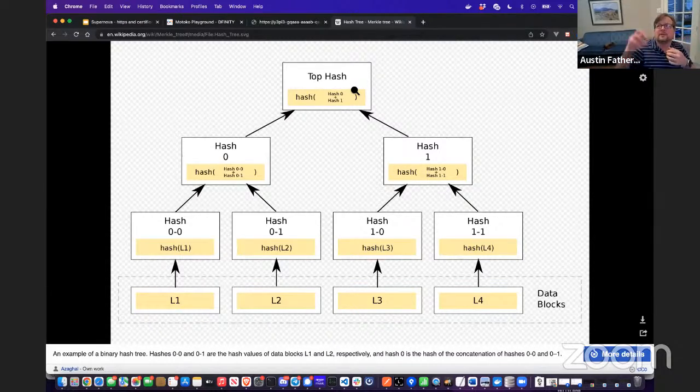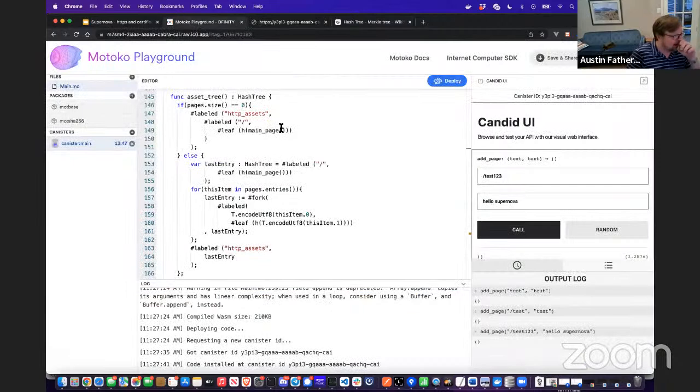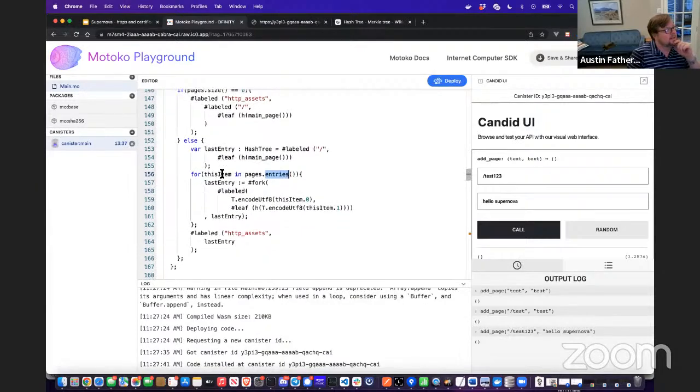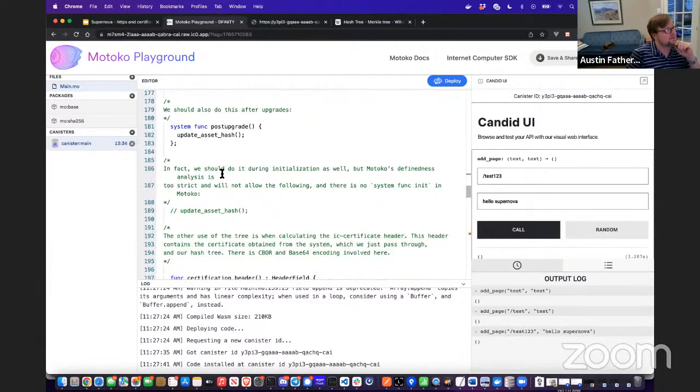And so when you have an Ethereum root, you can prove a variable in your smart contract is a part of the current Ethereum root by having what's called a witness. And this pathway is the witness. And so what we're doing here is we're making a very lopsided tree where we just keep going off the right-hand side here, and adding things to the right. And we go through all of our pages and we add a leaf on the right-hand side of our item. And then when this is all done, it gets hashed up into an individual certificate